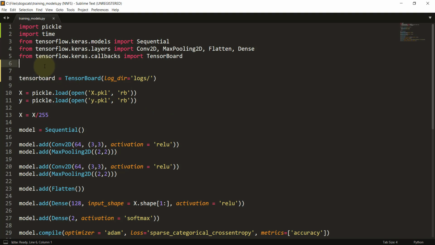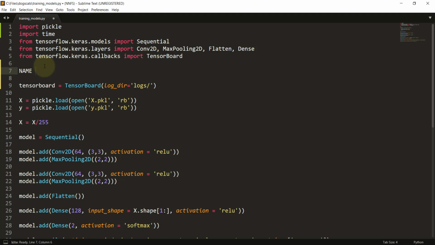In order to do that, I'll create multiple names for those folders. I'll name it cat versus dog prediction, and I'll use format strings here.